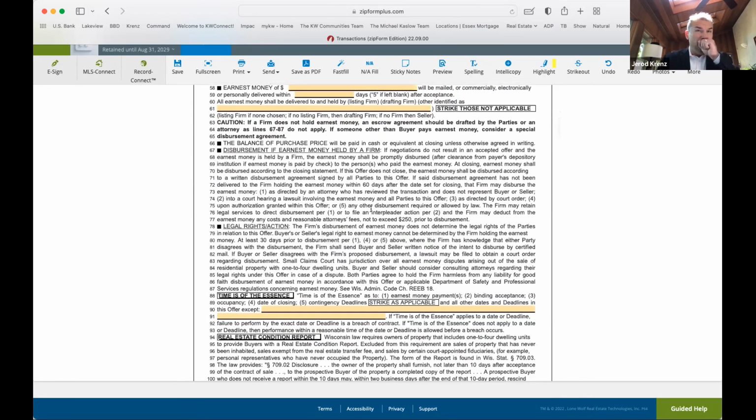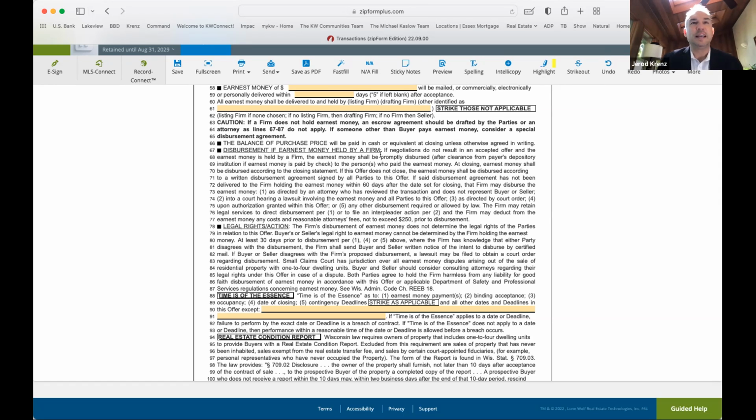The earnest money, we as agents have no control of the earnest money. Actually, I like to tell people, especially clients on the list side, earnest money in the state of Wisconsin is somewhat a joke, because even if the buyer backs out and doesn't buy the property, we still have to ask them to donate the earnest money to us in a cancellation of mutual release